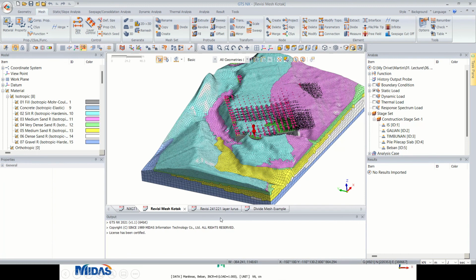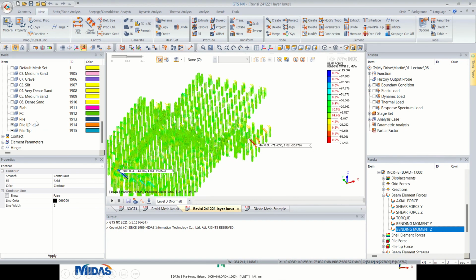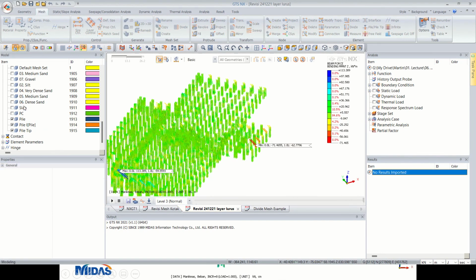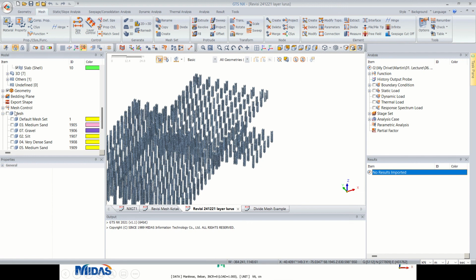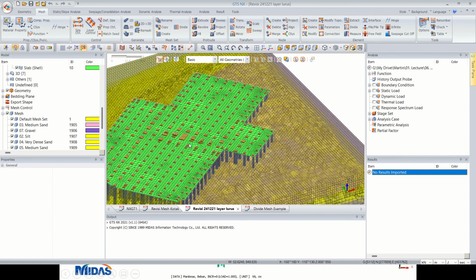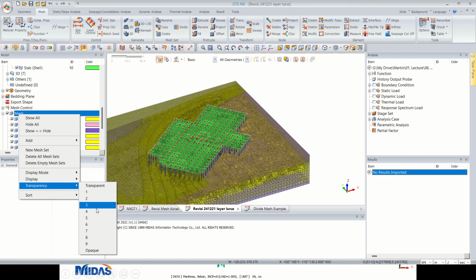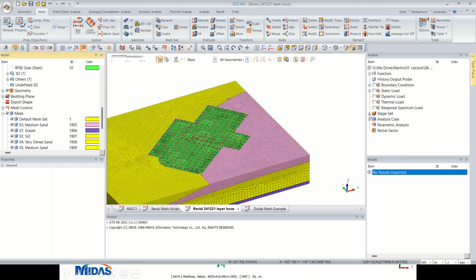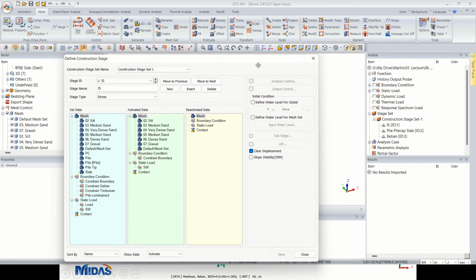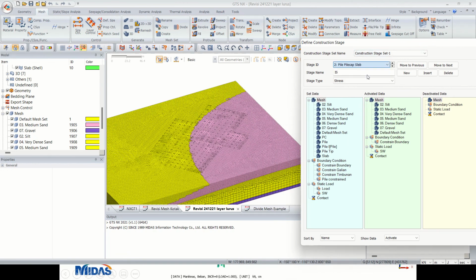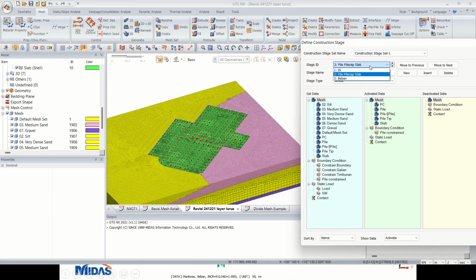Okay, then the next model is basically a very simple one. It's basically flat. Then I have the initial stress, similar. Then the next step is I install the pile and pile cap.